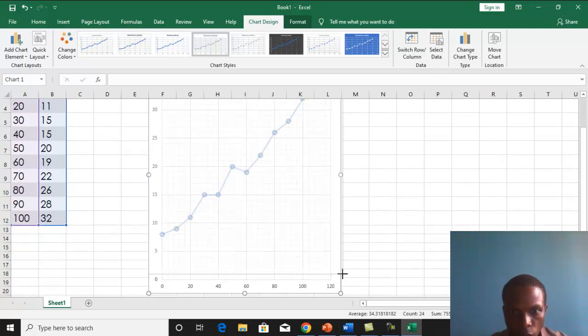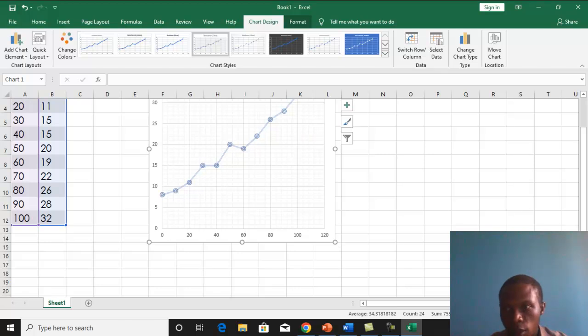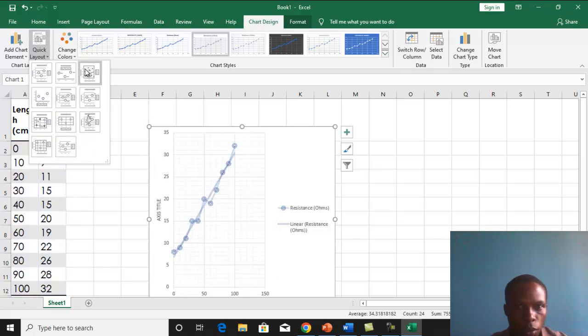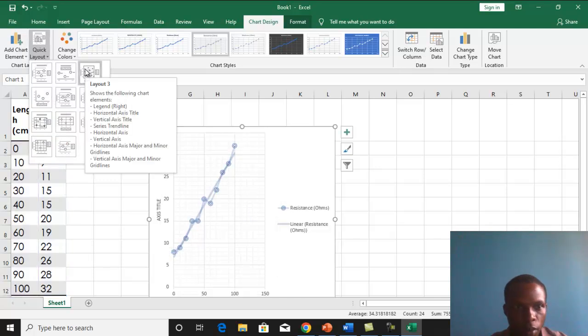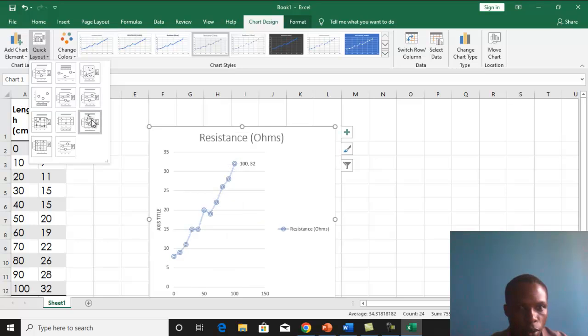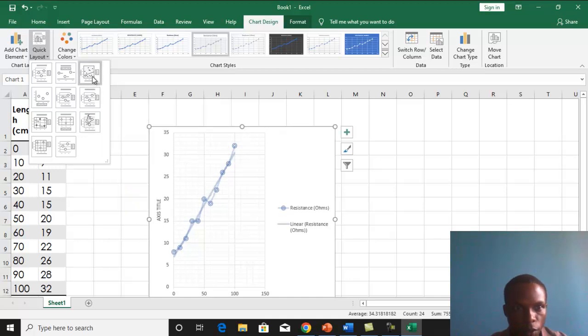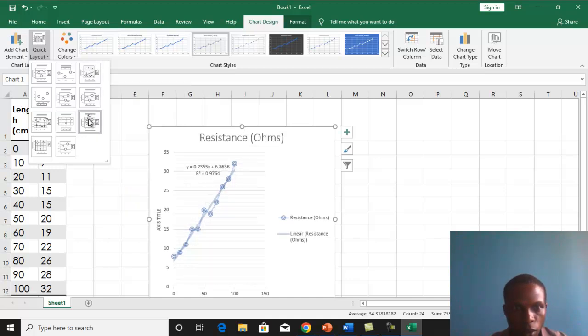So you adjust, and for you to finalize your settings, click on the graph, go to quick layout, then you can select options. If you want the formulas to be written to be here, and if you just want your graph,